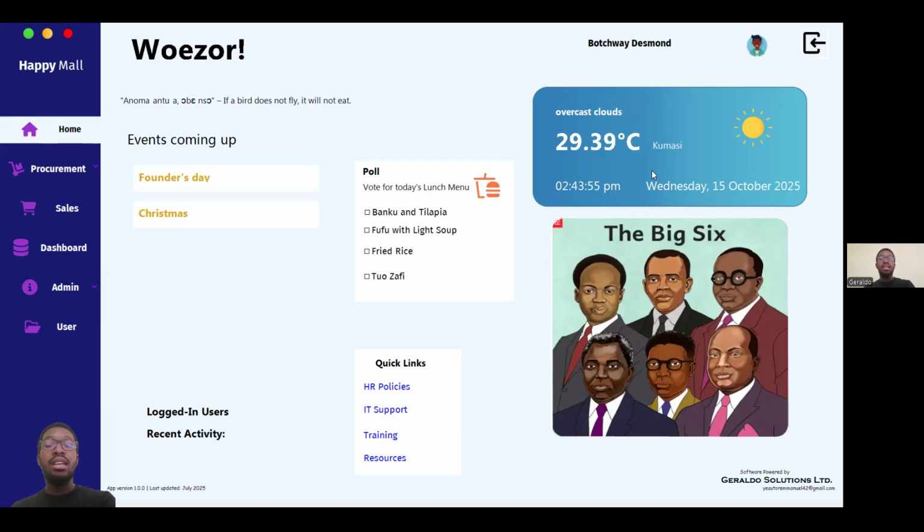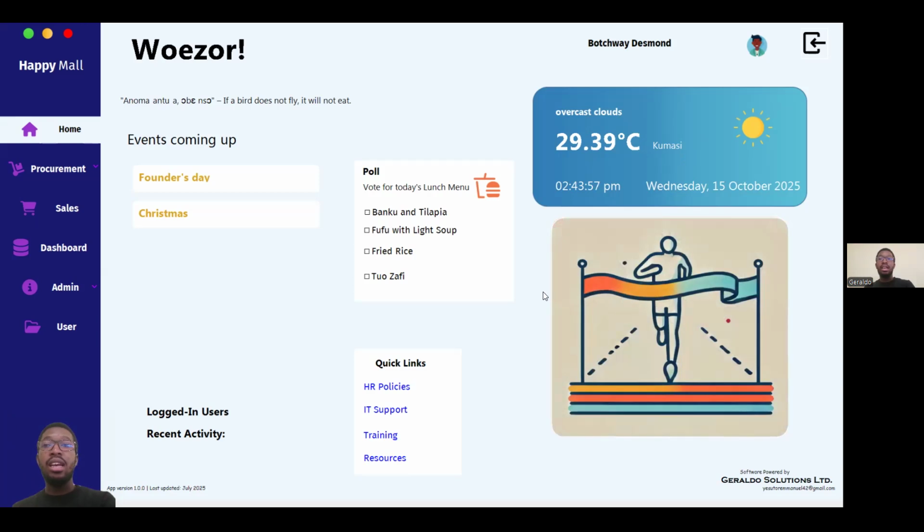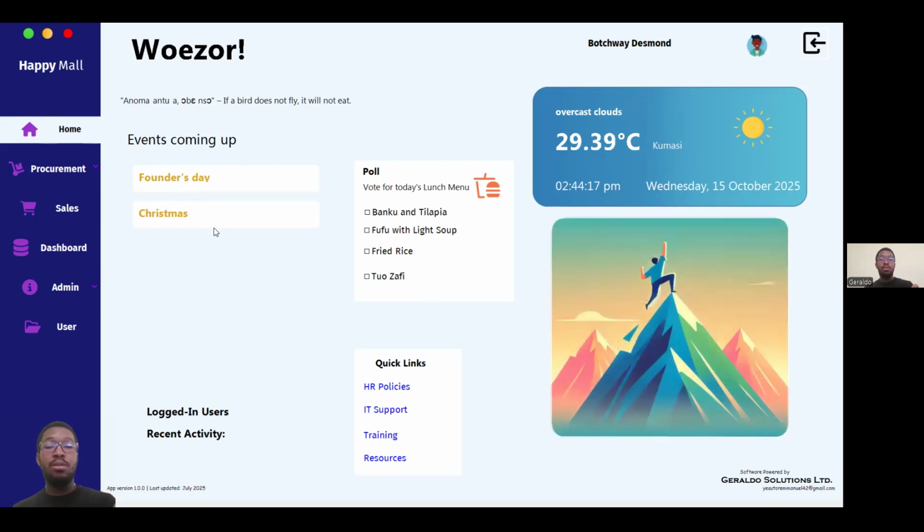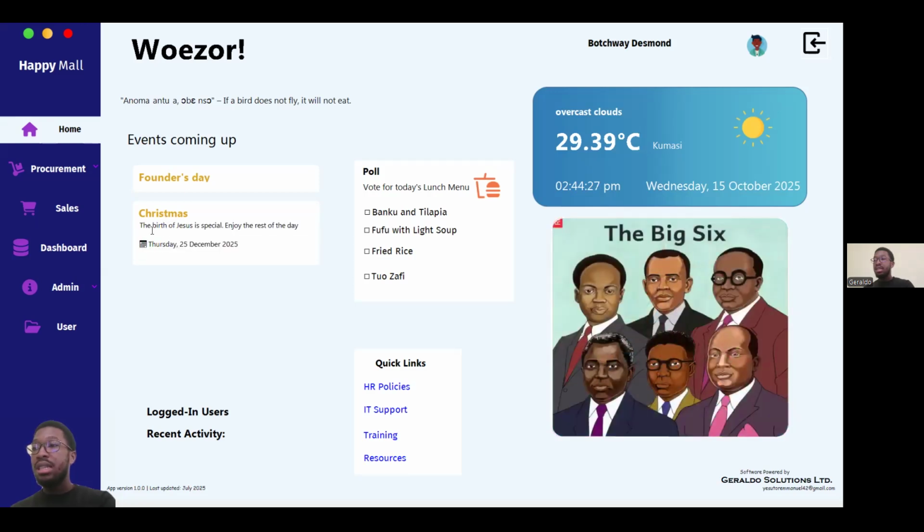This side is basically the weather forecast of the day, and this is basically trying to create a sense of community when people open the software. As you can see from the top here, the person that has logged in is Buchi Desmond. And then we have the events coming up. The events coming up are added at the back end by the admin. So let's see, Founders Day or Christmas. Let me click on Christmas. They'll be able to see the particular